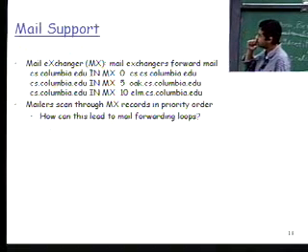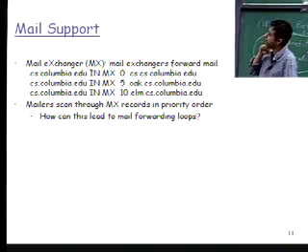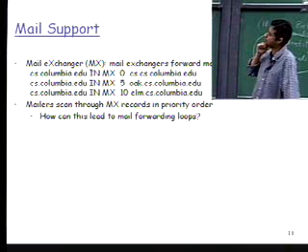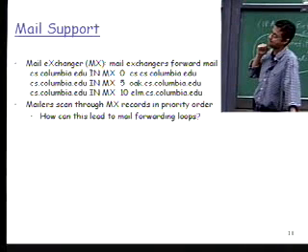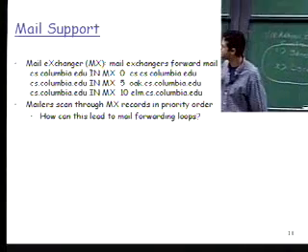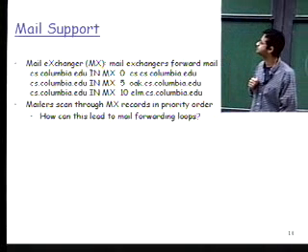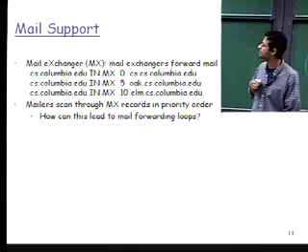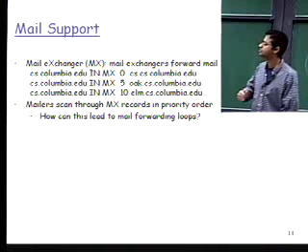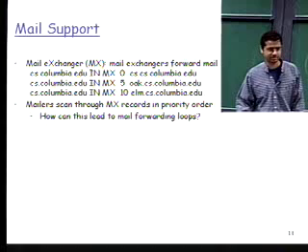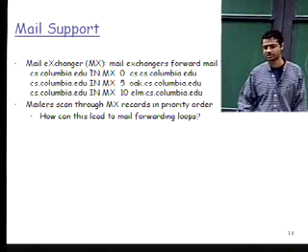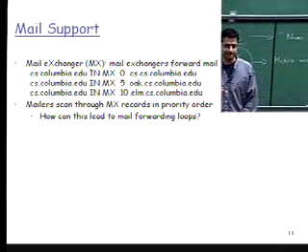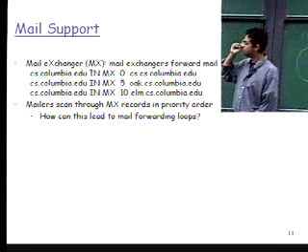Another record which is used is for mail support, and that's the MX record. So that's the mail exchanger record which forwards the email for any particular domain to a particular machine where the mail server is running. So when you're sending mail to joe@cs.columbia.edu, your mail program will then try and resolve,